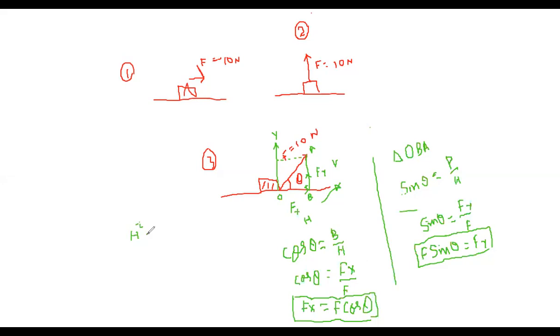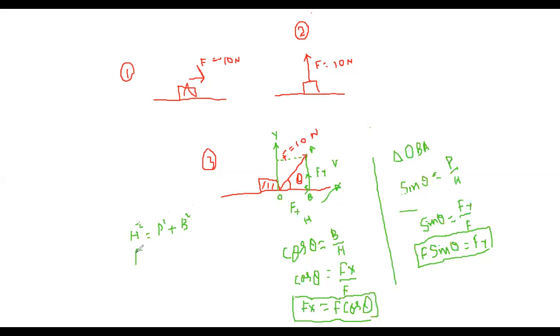This is the right angle triangle, where the hypotenuse is the big side opposite to the 90-degree angle, and the square of it is the sum of the squares of these two sides. One is the perpendicular and the other is the base. So when you put the values here, you can find the